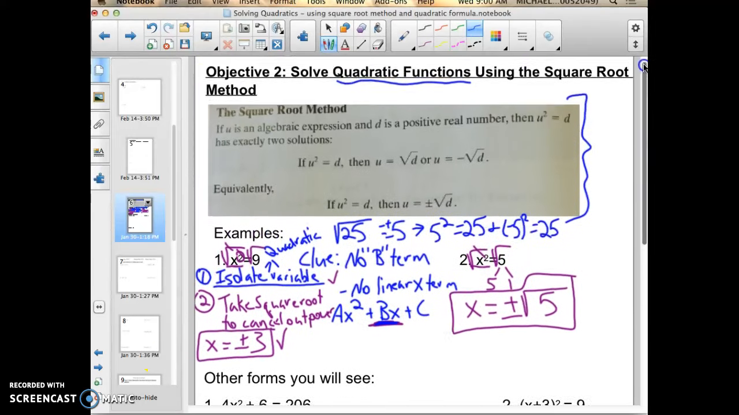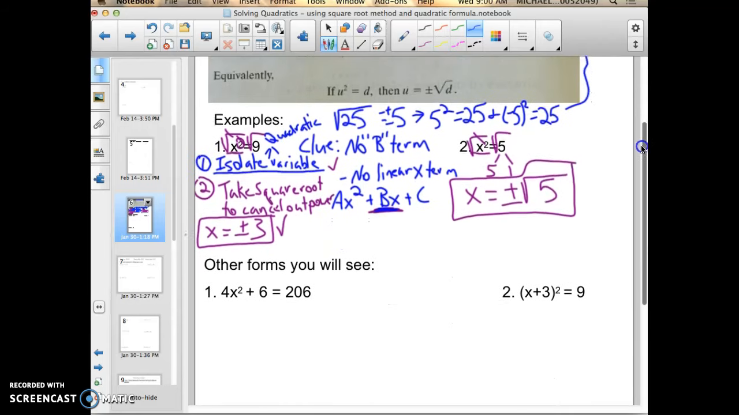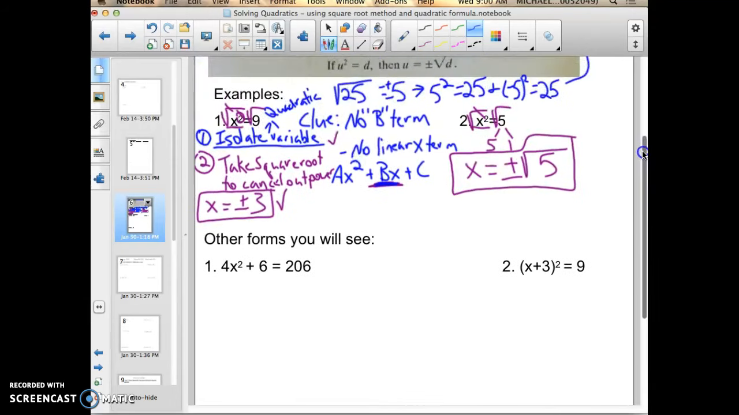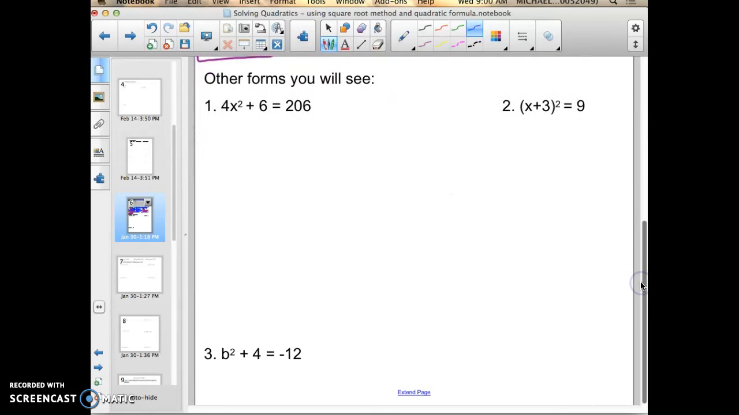All right, when solving quadratic functions using the square root method, we just got done going through this video. There will be some other formats that you see that are a little bit more extensive, I guess you could say, than the straight x squared equals 9 type of equation you saw in number 1. So, if I was going to do number 1 down here, the other forms you'll see